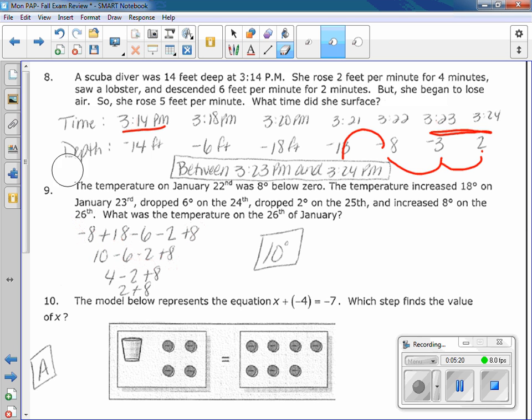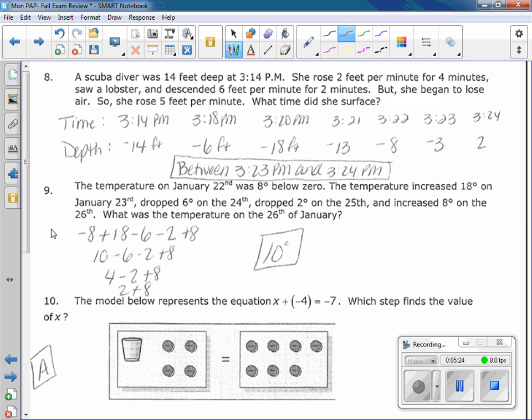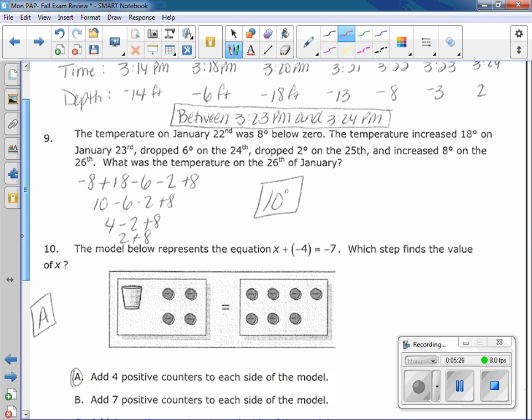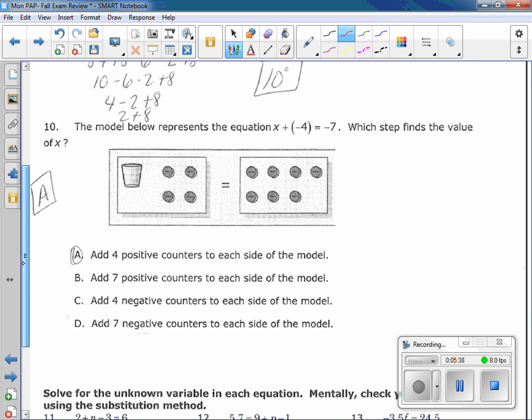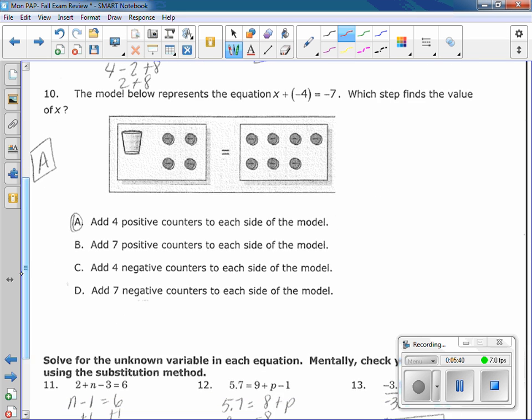So here's the work for the next one. Any questions on 9? Everybody's good on 9. And then remember with your models that